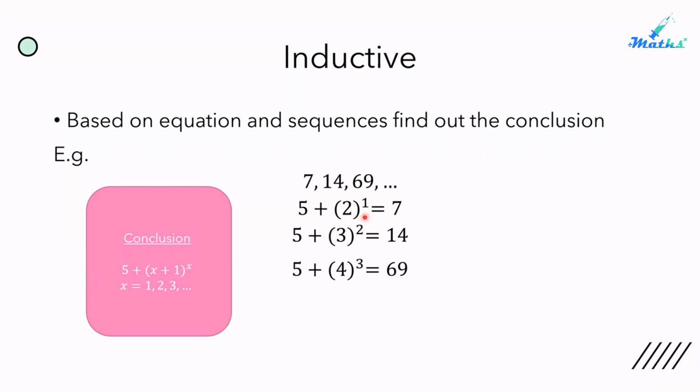As you can see, if x is 1, then x plus 1 means 1 plus 1 becomes 2. So here is 2. If x is 2, then x plus 1, x is 2, 2 plus 1 is equal to 3. And so on. Here we finish the equation, and you will write the sequence, which is x equal to 1, 2, 3, and so on. So you just need to write the total. This is all